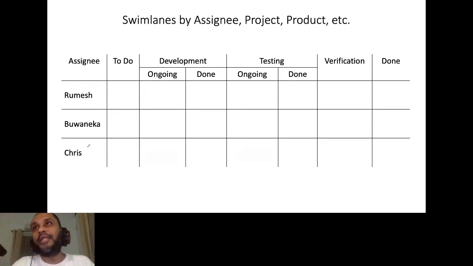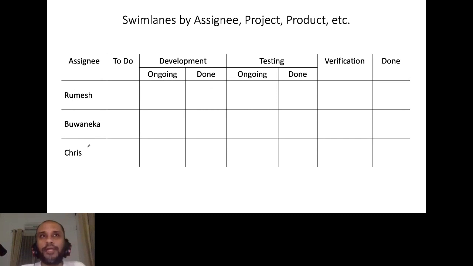One additional thing: it is also possible to make your large-level modules visible based on epics. Correct, that also I agree. But if you feel as a team that you want to make your modules visible in another way, it's up to you to decide that as a team and add it as a swim lane.